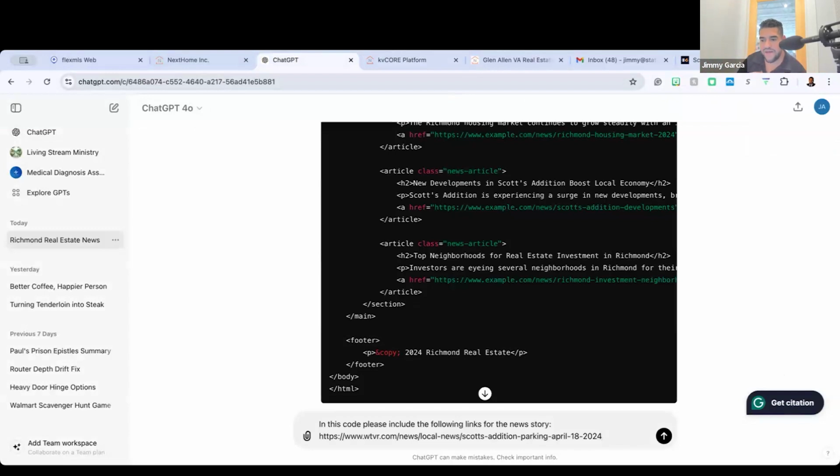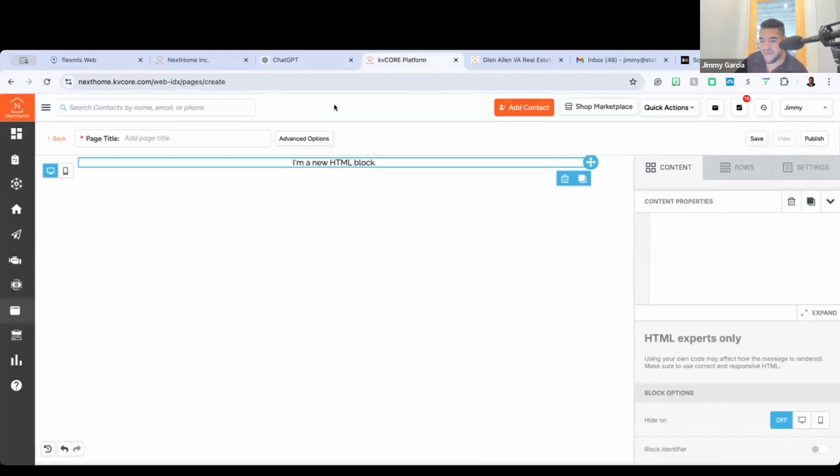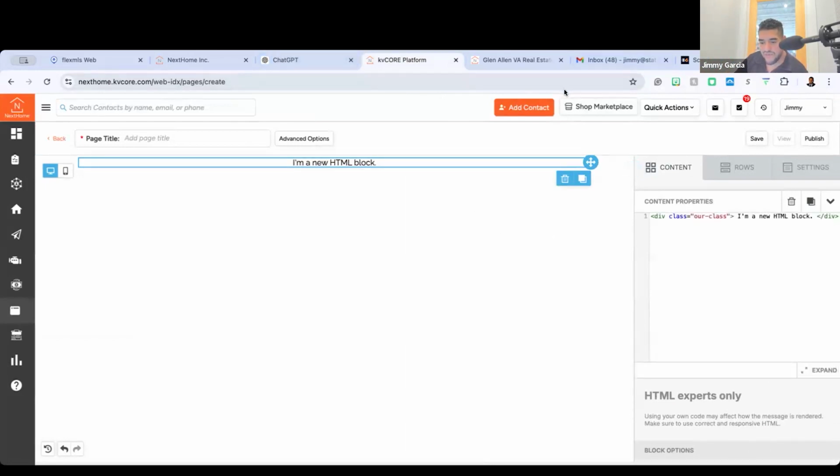Optimize for mobile view. I don't know how many times you guys have been to a website, I know I have, where it doesn't come out good on your phone. Perfect example is Flex MLS, right? The Flex app, but if I go to just Flex directly without the mobile version, it's horrible, right? And you got pinch and zoom, do all these things. So I want to tell the code I want this to be more or less custom for viewing on a mobile device. I can still leave it on both, so people still see it on both sides, but it's going to come up as more mobile friendly than not. Okay. Any questions about the HTML functionality?